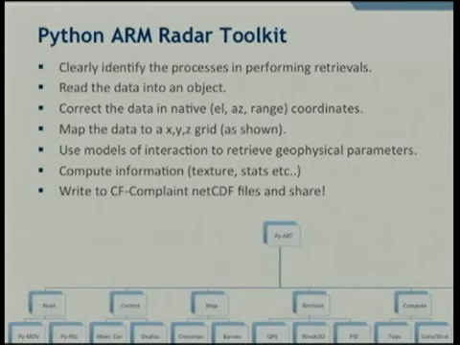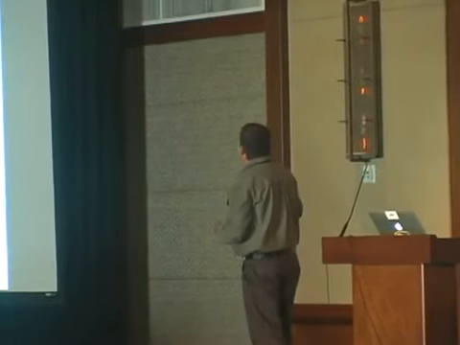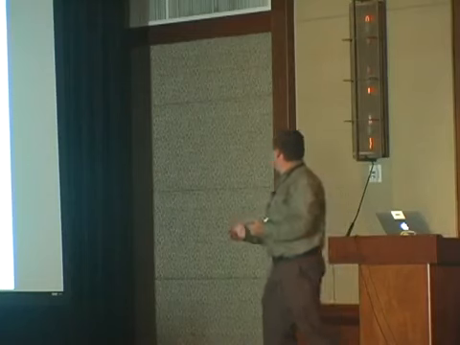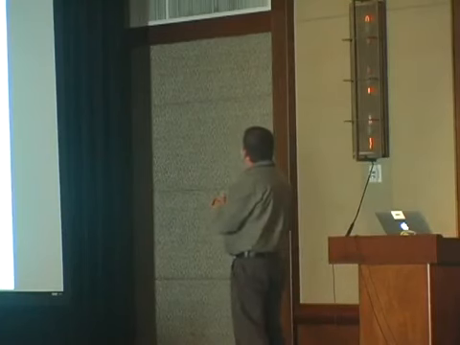What do you need to do that? You need to read in the radar data object. It's not a trivial thing, because everybody who builds a new radar has a new radar data format. You need to read the data into an object, so a common object, so that if anyone wants to use it, all they need to do is build their own ingest and they're in the system. Correct the data in its native coordinates, doing things like attenuation correction, folding corrections, grid it to an XYZ grid,